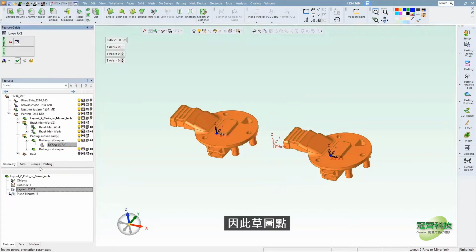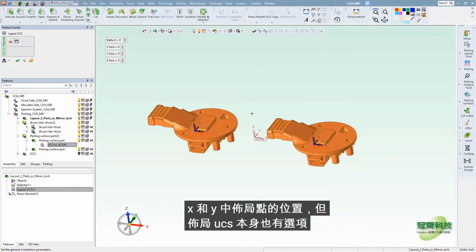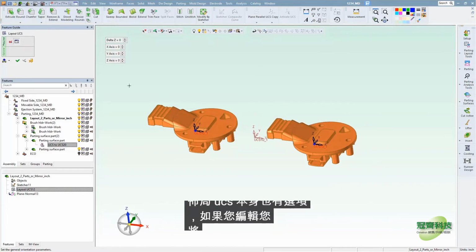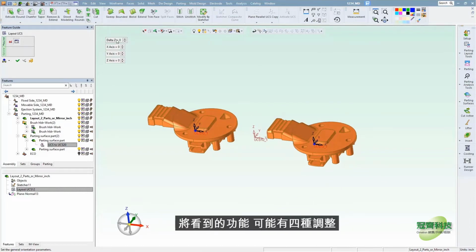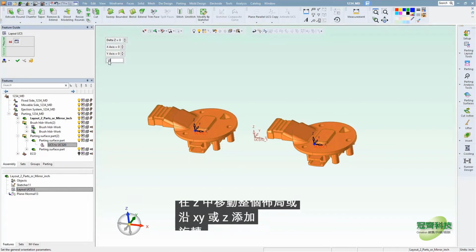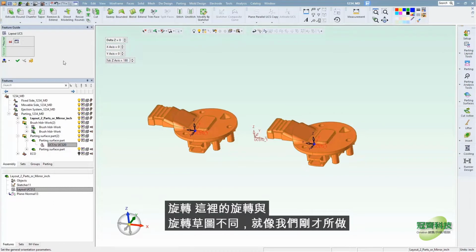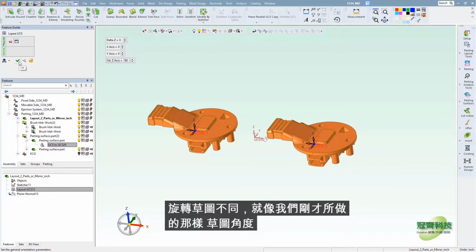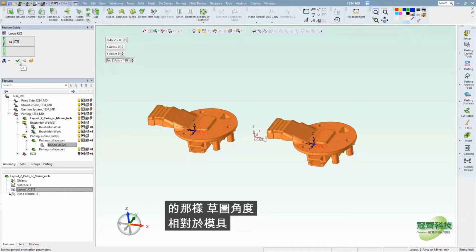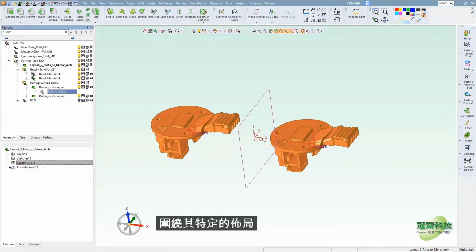So the sketch points are what control the location of the layout points in X and Y, but the layout UCS itself has options in it too. And if you edit the feature, you're going to see that there are 4 adjustments possible. Moving the entire layout in Z, or adding a rotation along X, Y, or Z. The rotation here is not the same as rotating the sketch like we just did. The sketch angle rotated the whole layout in relation to mold center. A rotation angle here just turns each part around its particular layout point,